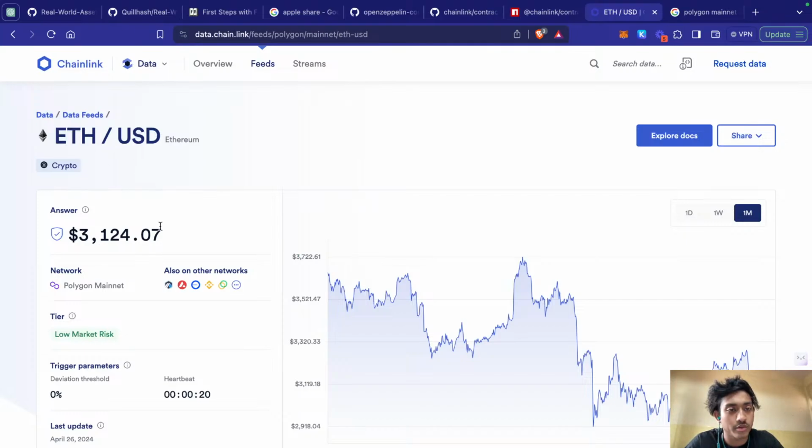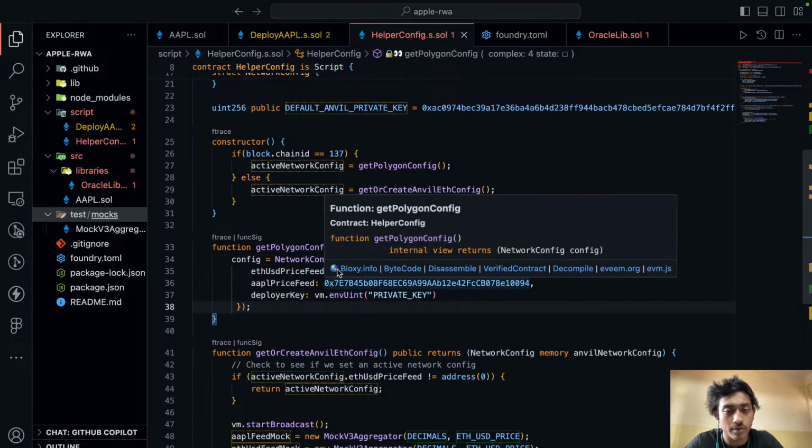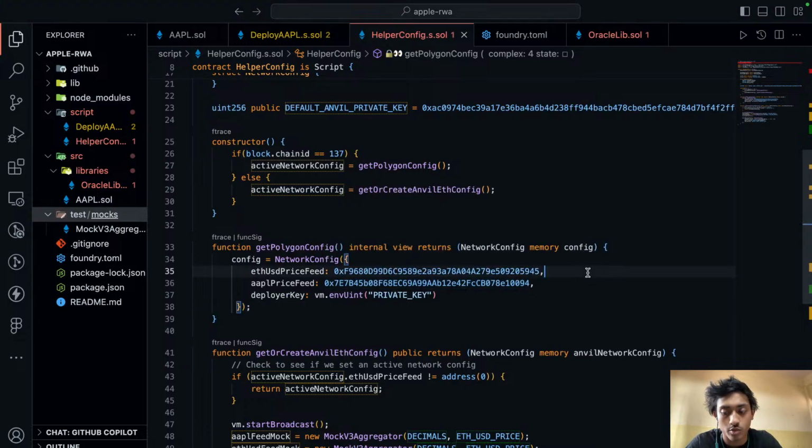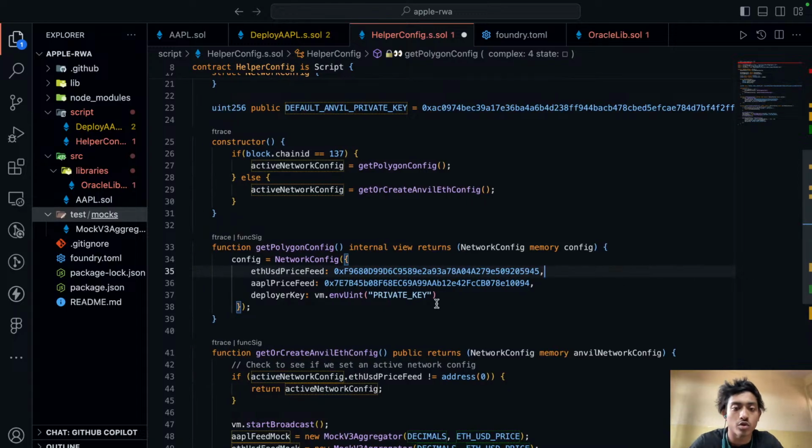So this is the Ethereum USD price feed on the Polygon mainnet. I'll just copy the contract from here, and it is already pasted there, so no need to paste that. So it is the same, yeah, cool. So this is on the Polygon mainnet, the Ethereum USD price feed which we are going to use, and the